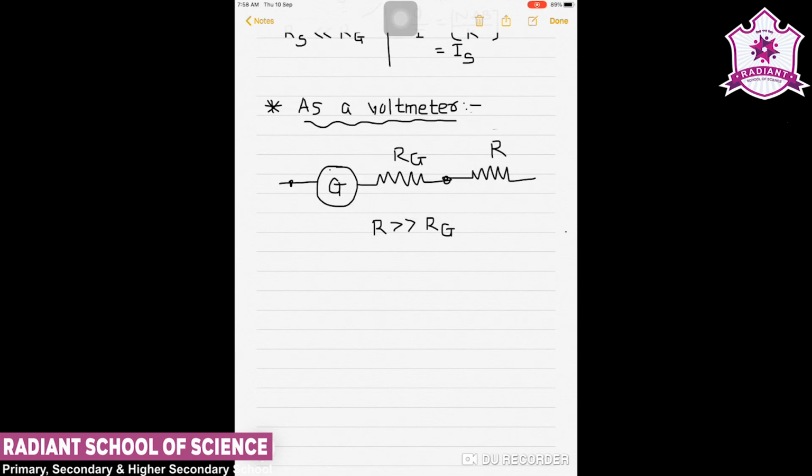For that, we have to connect a large resistance in series with it. So this is the making of the voltmeter. Now for that also we have a simple equation,